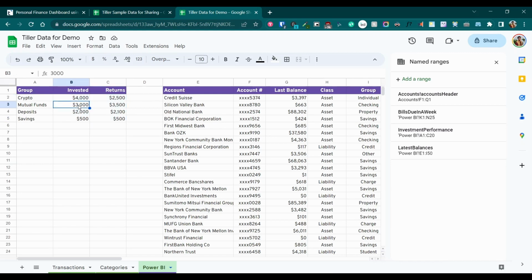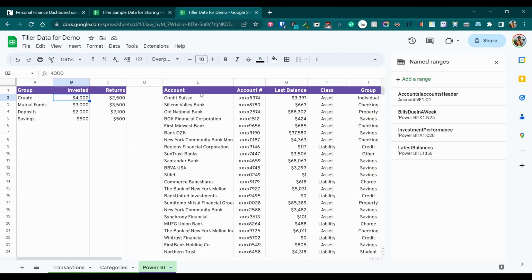So if you don't have these values in your Tiller spreadsheet already, you can probably update these manually once in a while, maybe every week or every month, whatever time frame that you are comfortable with. But if you have those already, you can just add the formulas to reference those and get here dynamically.